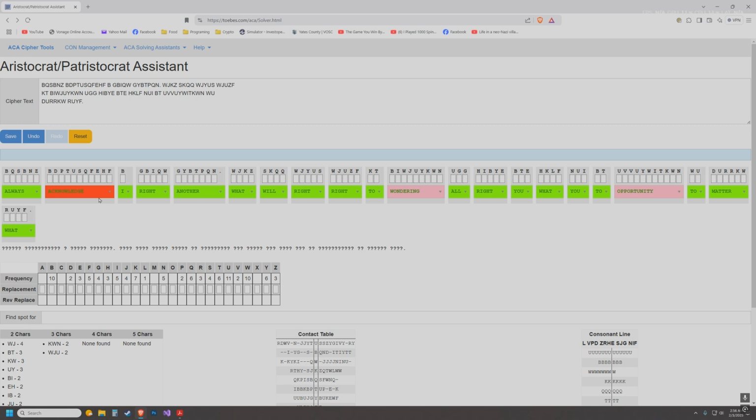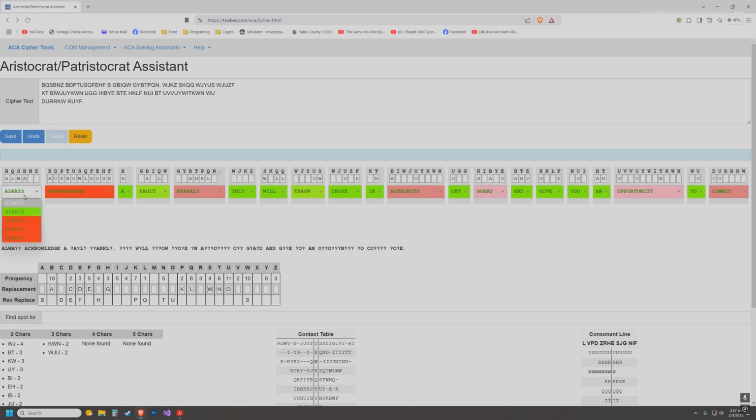So I like to go right for the big words, honestly. Let's have a look here. Acknowledge, well, that's a common word. Discotheque, metaphysics, maybe. I don't know. Some of these words don't look very likely. The ACA puzzles tend to use pretty common language, and a lot of these words, I don't think they're going to work. So I'm going to go up here to acknowledge,